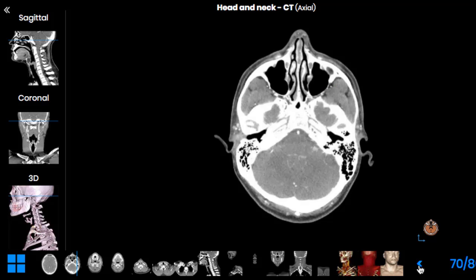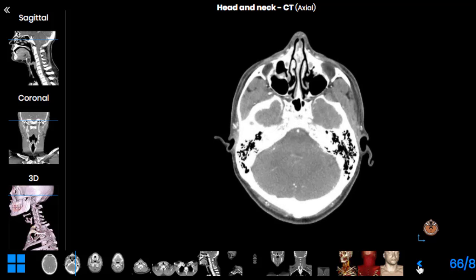The artery inside of this tiny space in the middle is the third part of the maxillary artery, and you can even see how it eventually enters the nasal cavity. Okay,